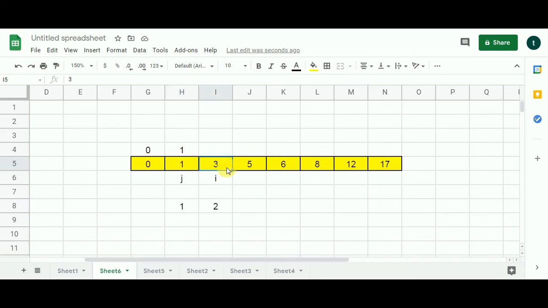Here the frog has to jump to a stone which is 3 meters away from the beginning. So this possibility is also ruled out. Now 2 added to 1 is going to give me 3. This determines that the next stone is also within the reach of the frog. So the frog can progress further, and this 2 will appear as the last jump now. Let's reset the counters. So j goes back to its base position and i moves to the next sub problem.